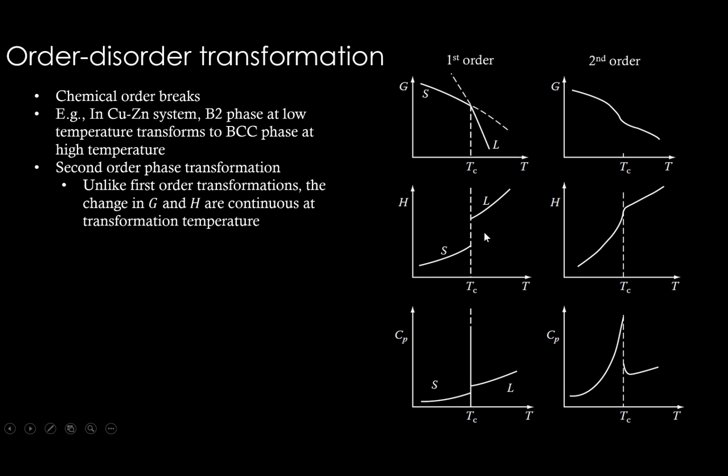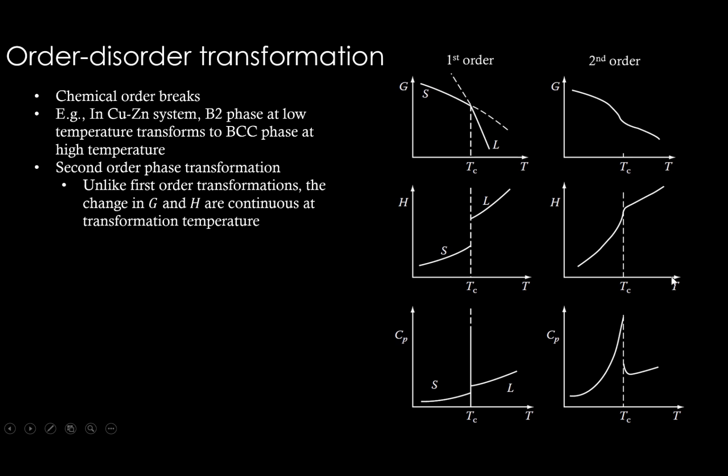In fact, we call this latent heat of fusion. So that is going to be a significant amount of energy, and that is there here. In Cp, if you see, solid Cp is here, liquid Cp is here, and when the transformation happens, the Cp becomes discontinuous. So all these three different values become discontinuous at the transformation temperature. Whereas in the second order transformation, if you see, this is how the Gibbs energy changes look. So they kind of gradually change. So in that way, there are no distinct sharp changes in the Gibbs energy value. So it is continuous with respect to temperature.